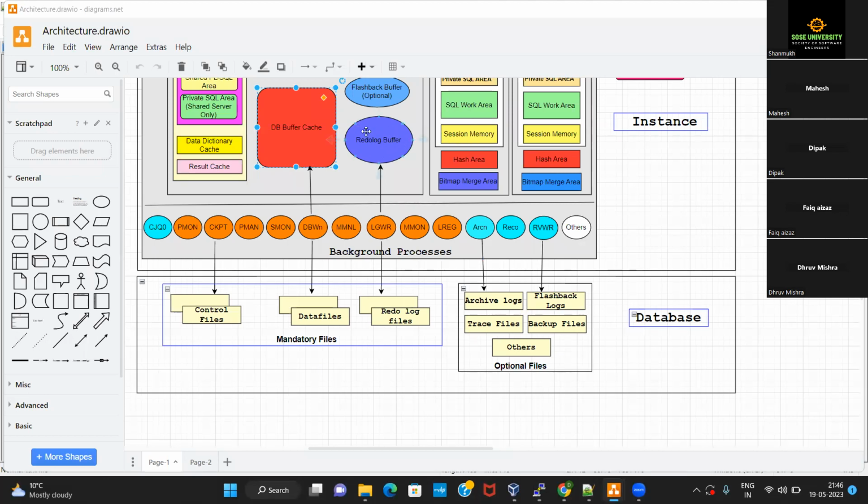That redo entry, which is currently present in the redo log buffer, inside the RAM on the server, needs to be written to the permanent storage file types. And those permanent storage files wherein the redo entries will be preserved are called the redo log files. You understand that now, Deepak?